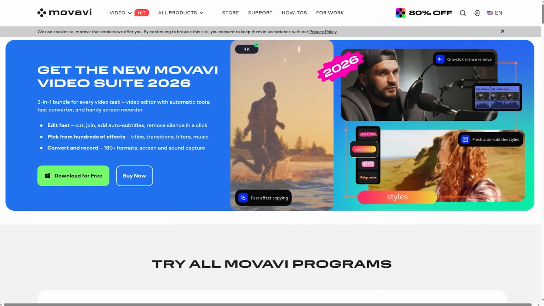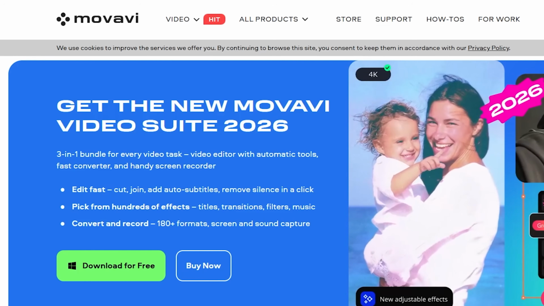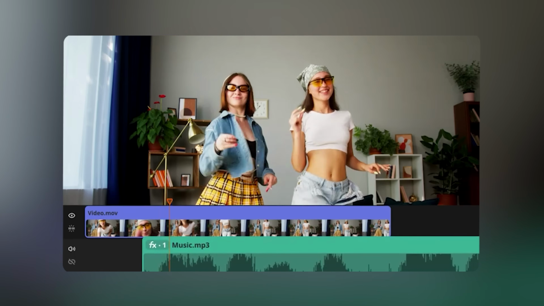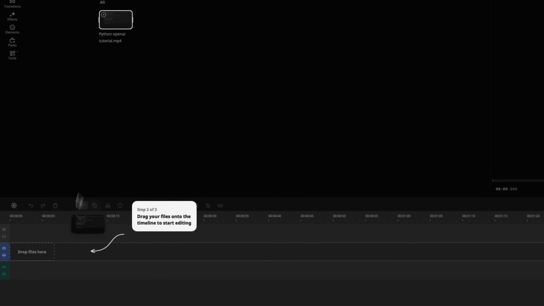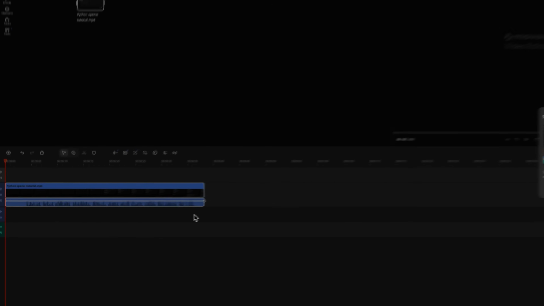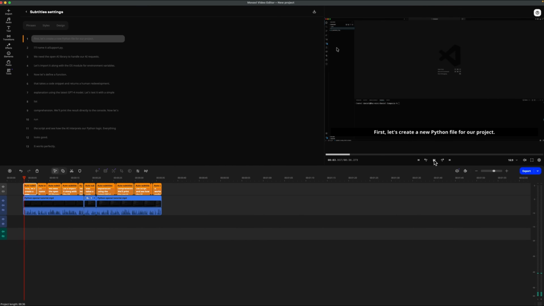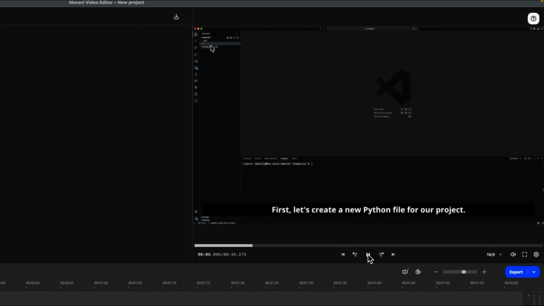In this video we're taking a look at Movavi Video Editor and exploring how its built-in AI features can help you edit technical content faster and with far less effort. I'll walk you through a real workflow, from importing your recording to cleaning up audio, highlighting important code, and polishing